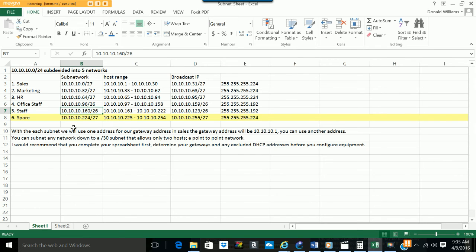a subnet of 10.10.10.160/26 with address range of 161 through 222. And they have a broadcast IP address of 10.10.10.123. And the subnet mask is the same, 255.255.255.192. And on top of that, we have additional addresses left for that client to use in another subnet, which